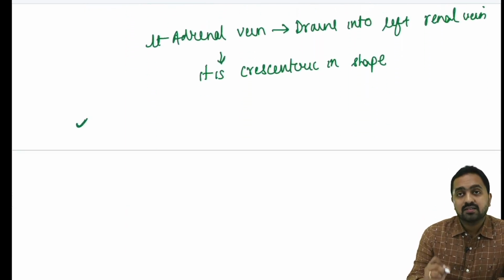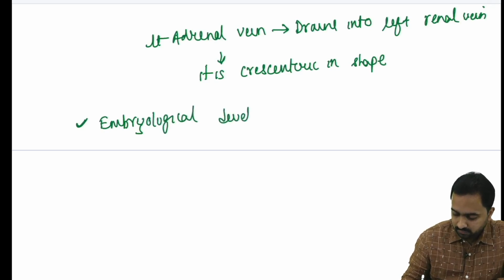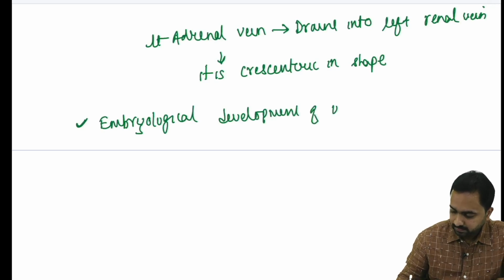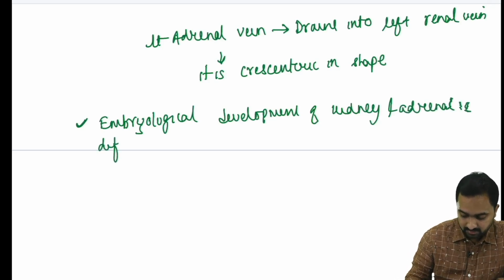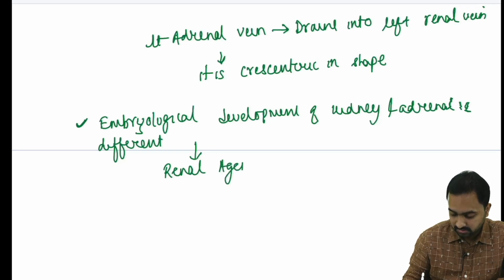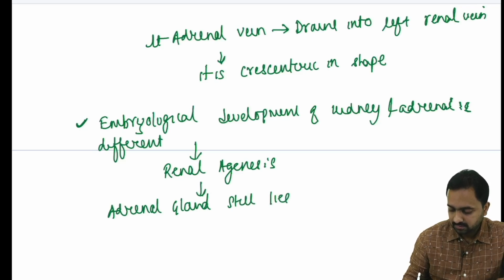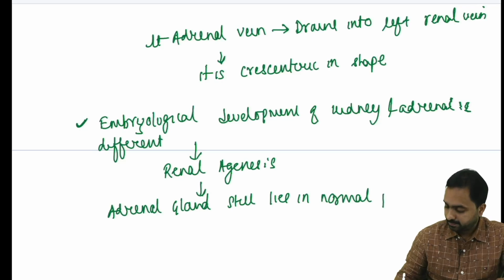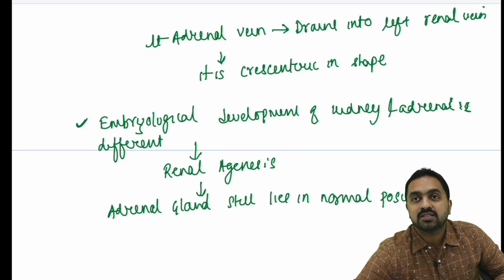Now, ending the surgical anatomy part of this, I would say that embryological development of kidney and adrenal is different. So what happens is that in case of renal agenesis, the adrenal gland still lies in normal position. Now next we would be discussing the various pathologies with respect to